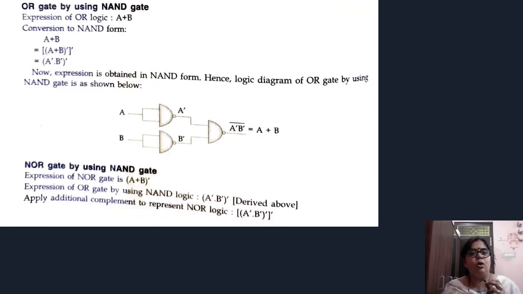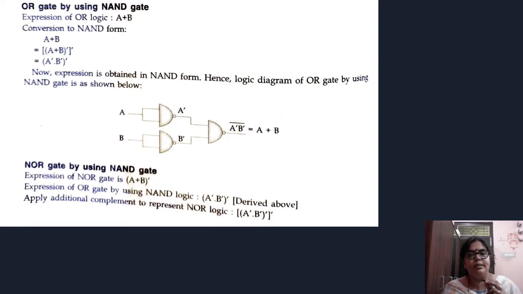Now next, OR gate by using NAND gate. As you all know, the expression of OR gate is A plus B, and we are going to convert it by using NAND. See, it is (A plus B) whole complement here, and it will be converted like this. Now the expression in NAND gate form, hence the logic diagram of OR gate using NAND gate is shown below.